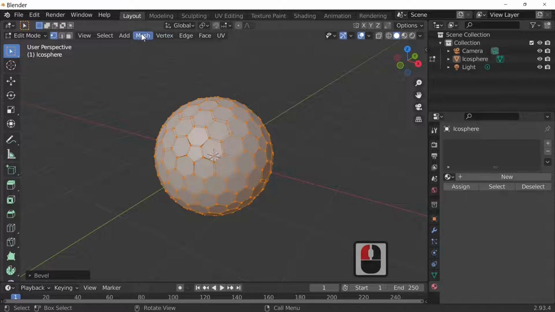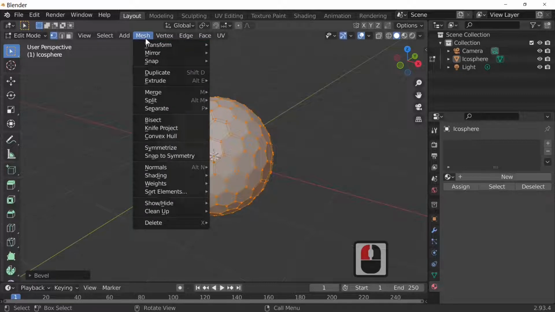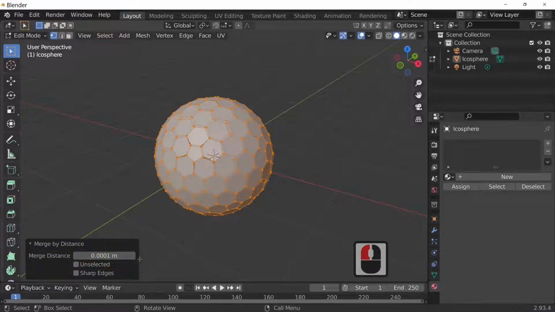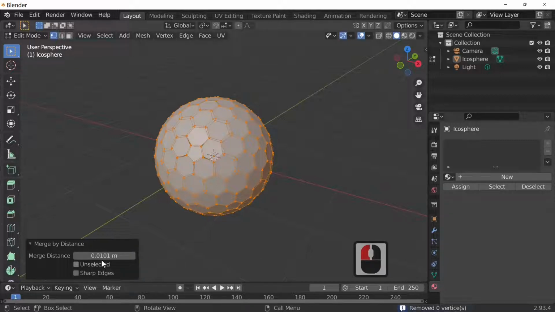And we go into mesh, and what we're going to do is use a thing called merge by distance. Go in mesh, and it's somewhere down there, and we're going to do merge by distance. What merge by distance does, it removes vertices and collapses things together. So open this menu down here, and this is like a menu driven tutorial to a certain extent, but what we're going to do is increase this. Just increase it slightly.